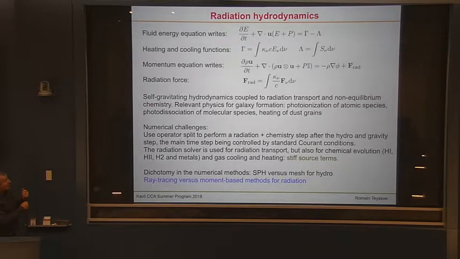The physics you want to include in the context of galaxy formation can be arbitrarily complicated, but the basic thing we are dealing with here is the photoionization of hydrogen and helium. You can also look at the photodissociation of molecular hydrogen, for example, or CO. So you have to deal with photodissociating radiation. And of course, you can also deal with the absorption and emission of radiation by dust grains. Right? So I think those are the three main things you can do in the context of galaxy formation.